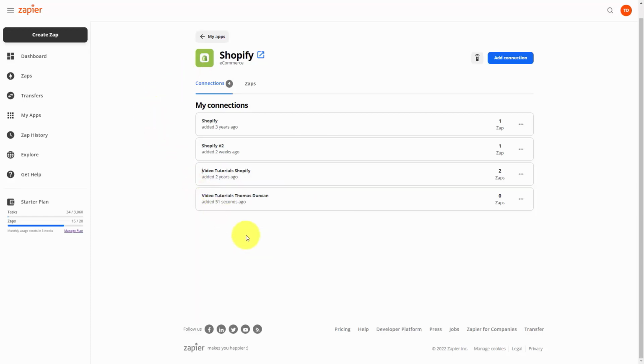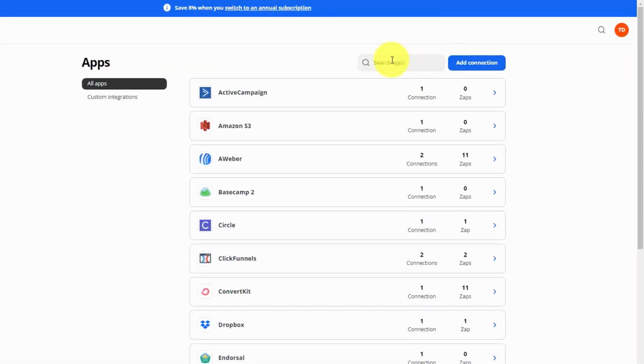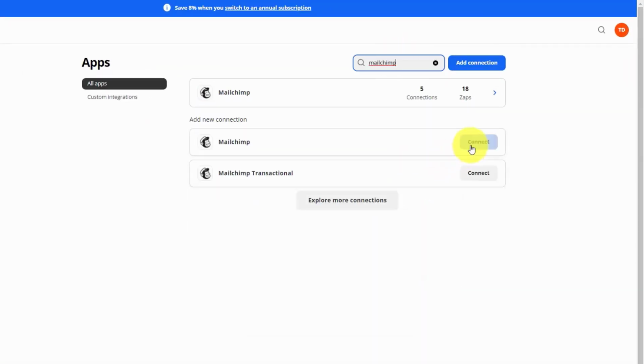We can make more than one connection at any time. Now in order to add another application, we'll click on My Apps. We can then either click Add Connection or Search Apps. We're now going to click